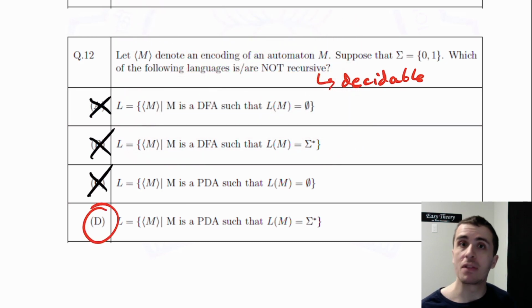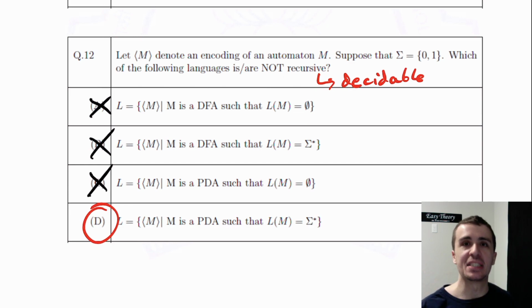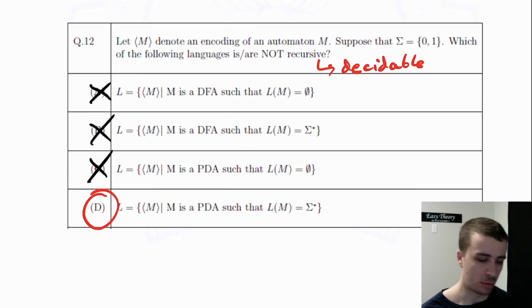So this is equivalent to all sub CFG. And then the way to show that that's undecidable is that you can encode, in a sense, the computation of a Turing machine, or at least all the strings that don't represent a Turing machine running on an input. And you can design a machine such that it doesn't accept sigma star exactly when the Turing machine accepts W. So this is equivalent to asking whether a Turing machine accepts a string, which is an undecidable question. So the answer is D here.